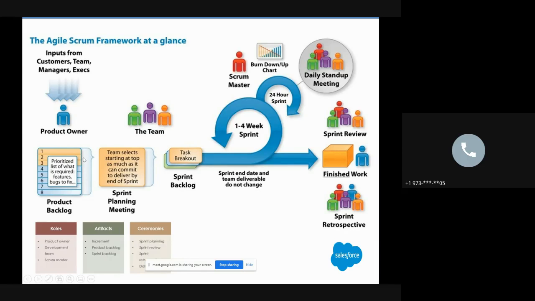Now, the product owner maintains the list, right? And then obviously they will have product backlog planning meetings. They will meet at certain intervals and go through the list and prioritize it. But after that, the next step is the sprint planning meeting, right? In that sprint planning meeting, the product owner is there, and the Scrum Master is there, and also the team members are there. The team members means the development team and the QA team, whoever is working to deliver that working software. They will all be there in the sprint planning meeting, and they will choose the items from the product backlog,